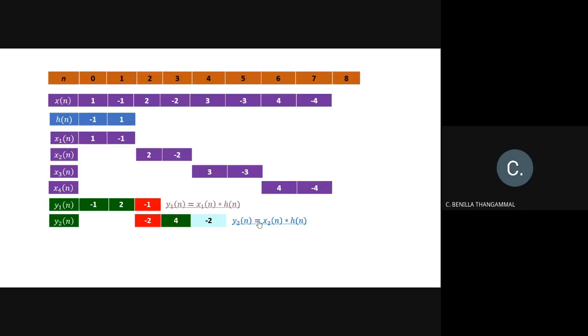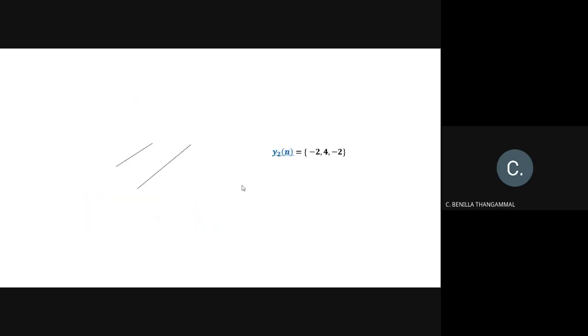Again, by the shortcut method, you can solve this one. So I'll take your x of n on this side and h of n on this side here. Now I'll take this 2 and multiply it throughout, so minus 2 and 2. Again, I'll take this minus 2 and multiply it throughout, so it will be plus 2 and then minus 2. I'll put these cross lines here, and I'll get the answer as minus 2, 2 plus 2 is 4, and then minus 2. So your y2 of n is minus 2, 4 and minus 2.